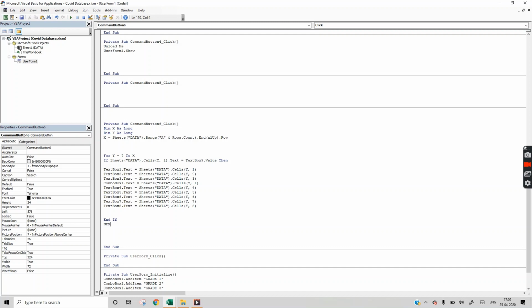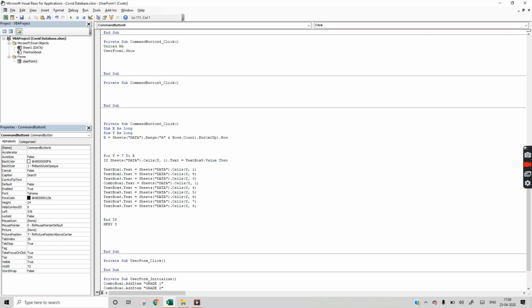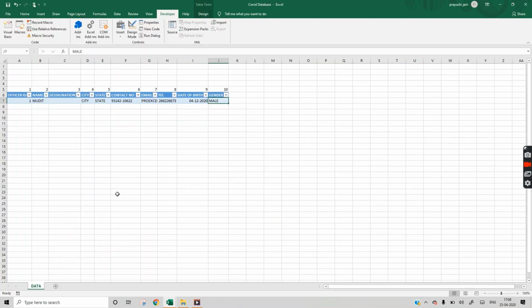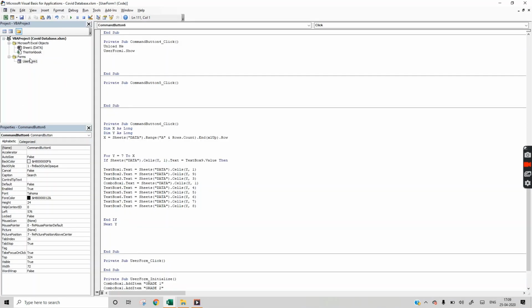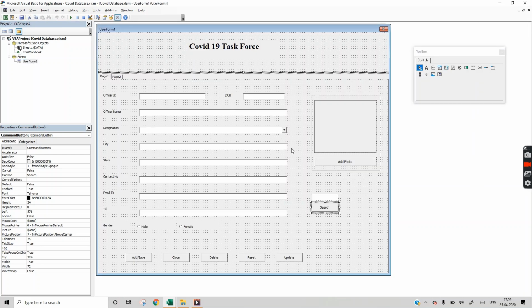Now next, While. Now the thing is, if someone will enter a wrong ID, then what will happen? If someone, instead of writing 1001 or anything, writes anything other than an ID that actually exists, then it should show some error message.